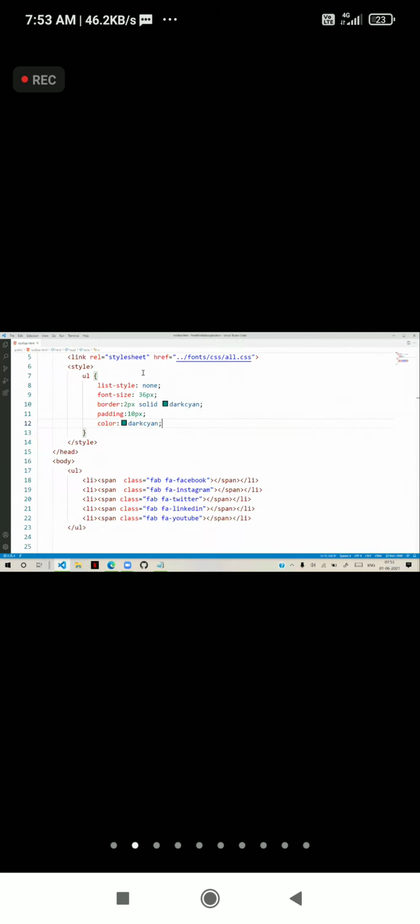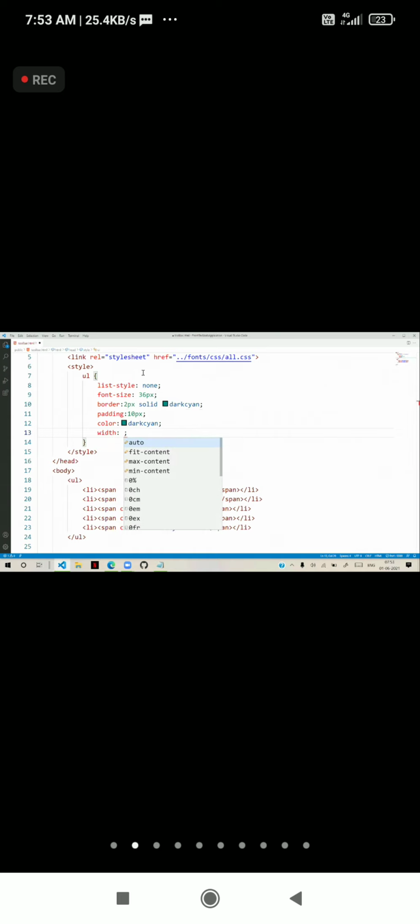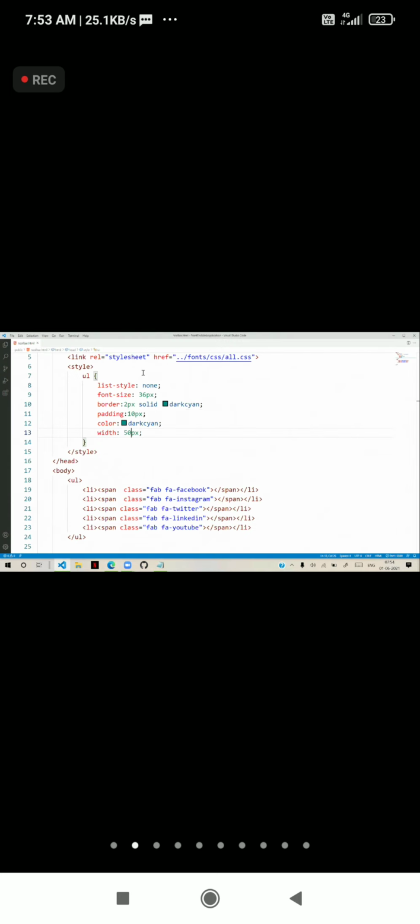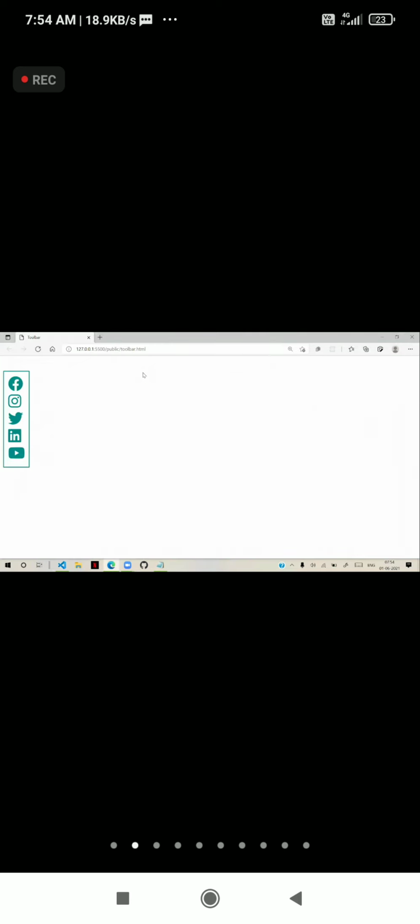And I can keep width as some 50 pixels. So width 50 pixels is okay. So 40 pixels. That's okay.